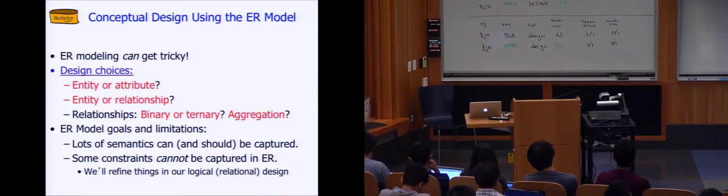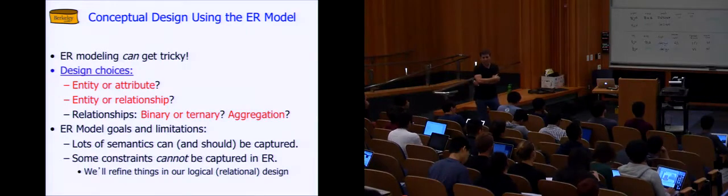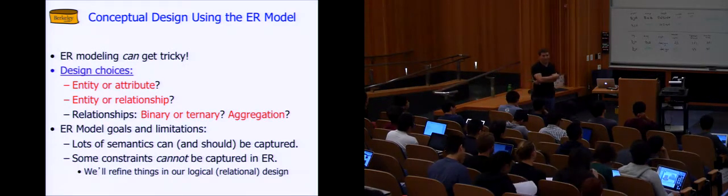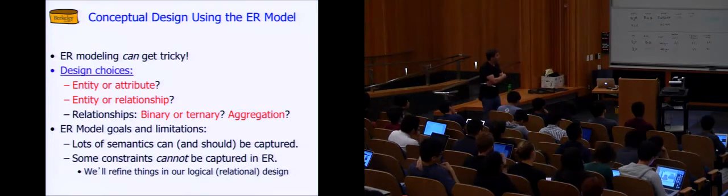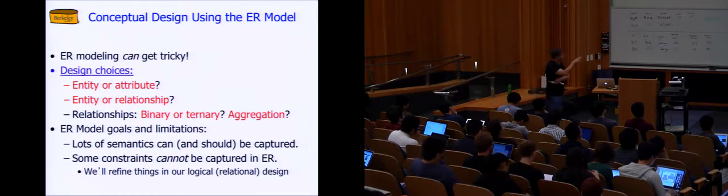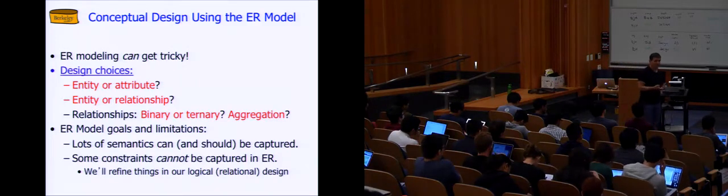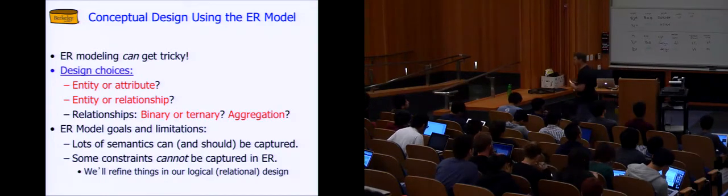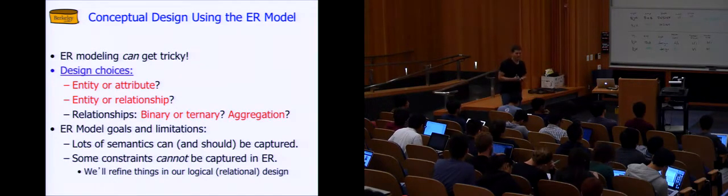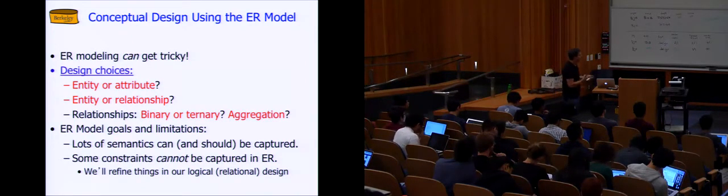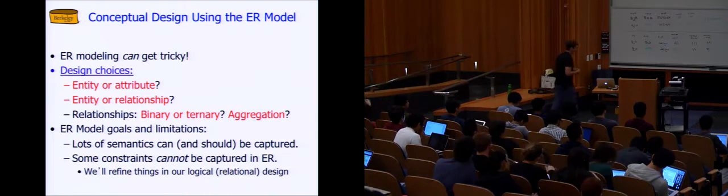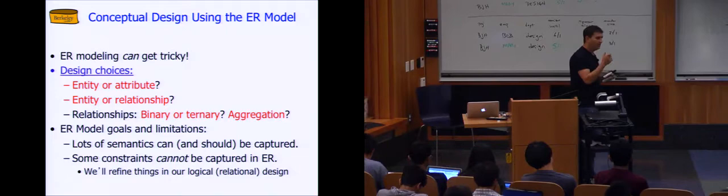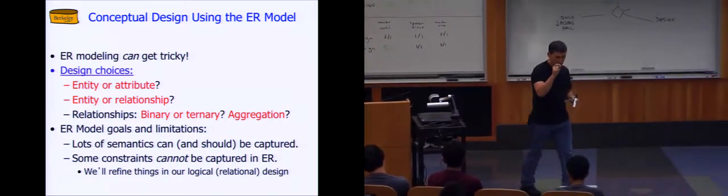So, as we saw, entity relationship modeling can get tricky, right? This whole idea of conceptual modeling is not sort of as easy as it seems. We started with boxes and arrows, and it seemed just fine, but it actually gets pretty subtle, okay? So some of the design choices you'll end up thinking about, and we'll talk through some of these over the next slides. Should something actually be an entity, or is it just an attribute? Should it be an entity, or should it be a relationship? Actually, sometimes that's ambiguous. You can think about an insurance policy. Is that a relationship, or is that an entity set? And for relationships, are they binary? Are they ternary? When do you use aggregation? Okay? So this stuff all requires careful thinking usually about duplication of relationships and whether attributes can be associated with